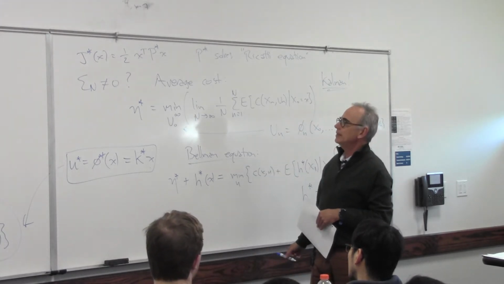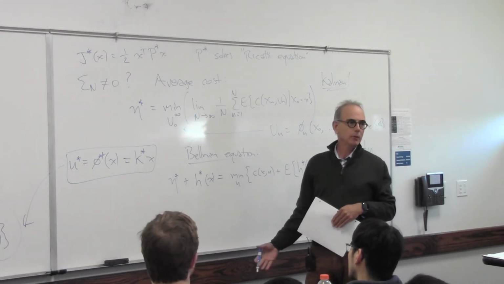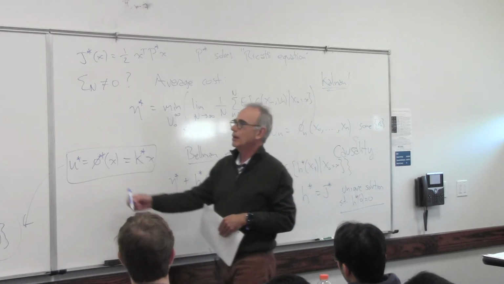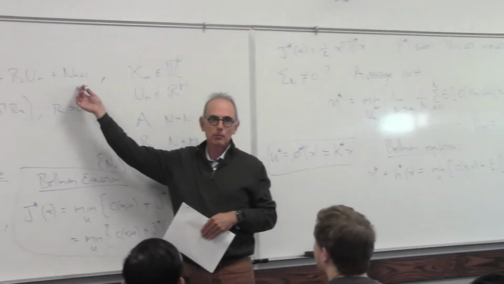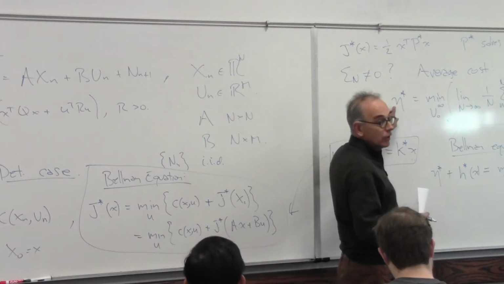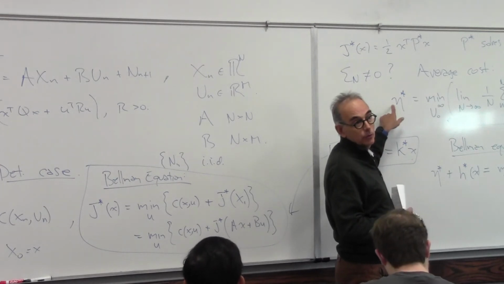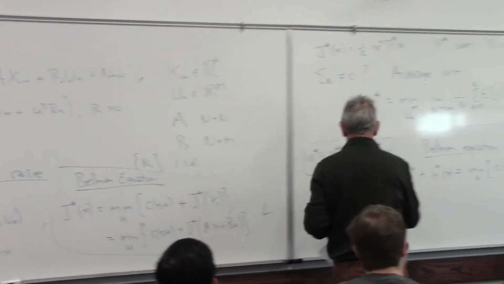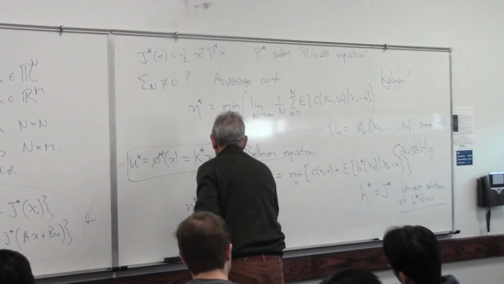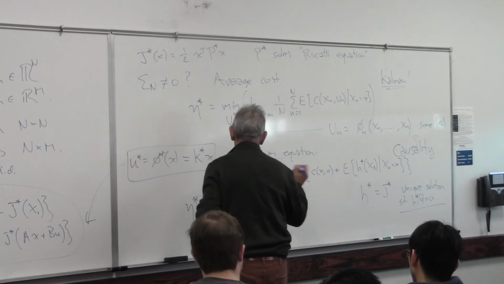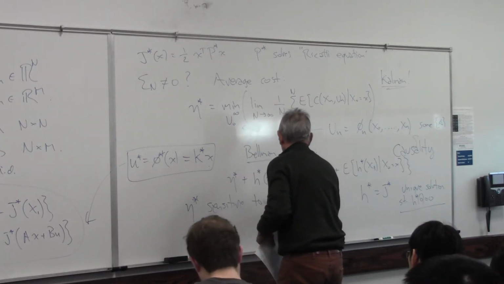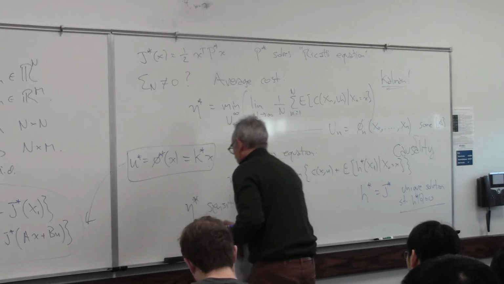You could have some crazy statistics of n. The only thing we need is a finite variance. That's all we need. This could be a really strange noise, but my policy would not change at all. My performance would. So eta star is sensitive to the noise or disturbance. And the policy